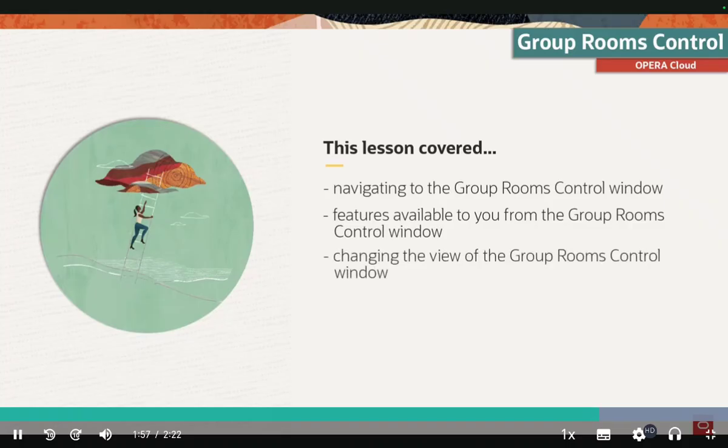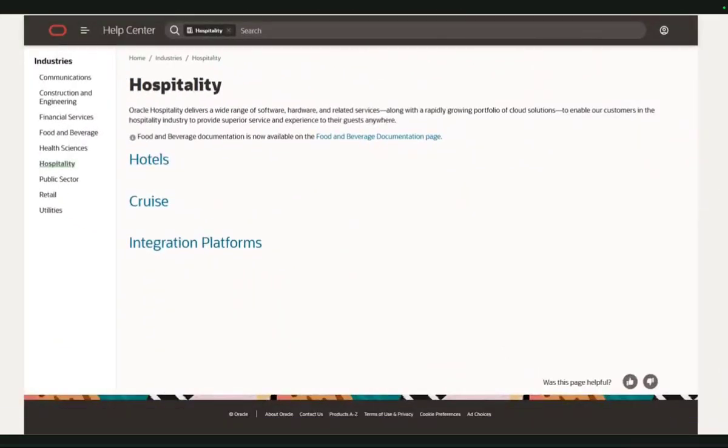This lesson covered navigating to the Group Rooms control window, features available to you from the Group Rooms control window, and changing the view of the Group Rooms control window. For more information on Opera Cloud, please review